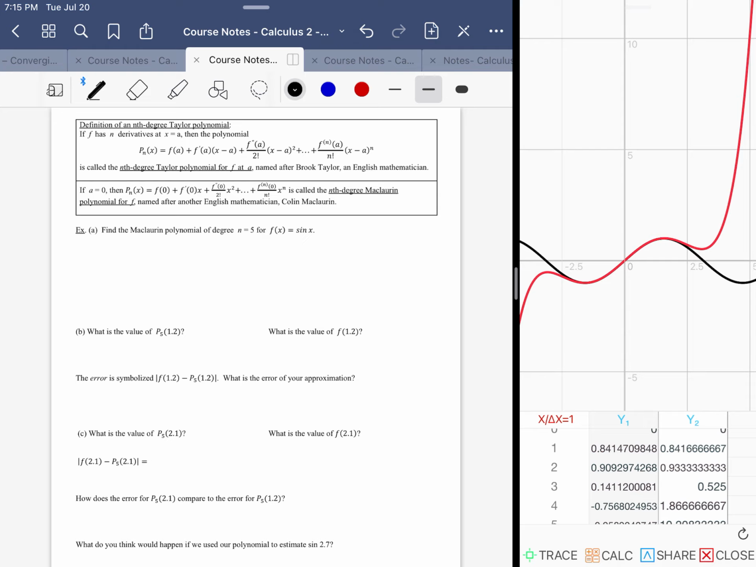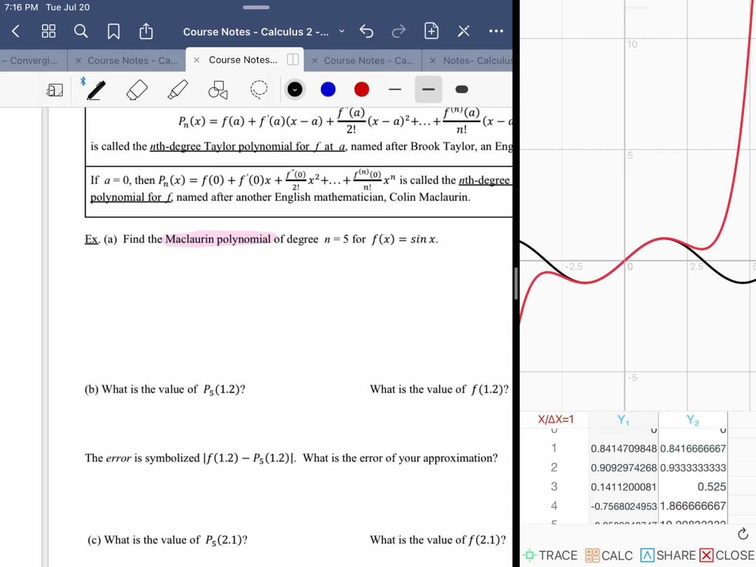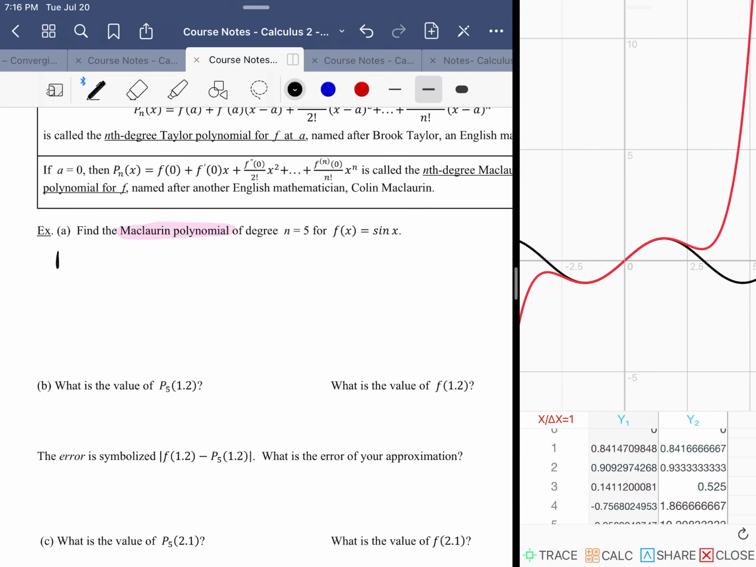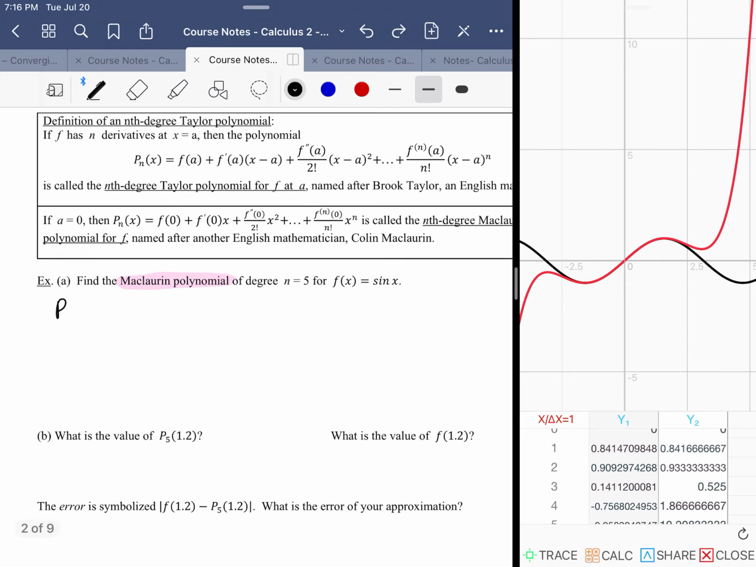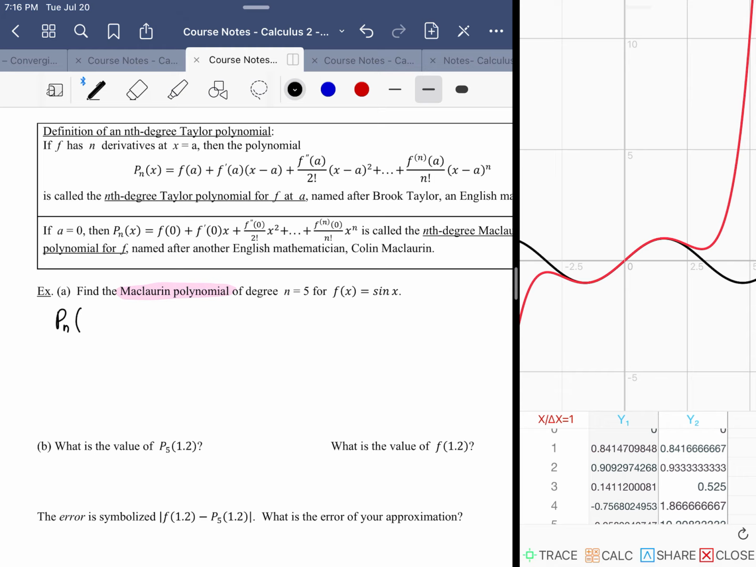All right. So if we have an a value equal to 0, we have what's known as a Maclaurin polynomial. The Taylor polynomial could be centered around any a value. The Maclaurin polynomial is specifically an a value of 0. All right. So if I want to have a p sub n, in this case, p sub n where n is equal to 5,